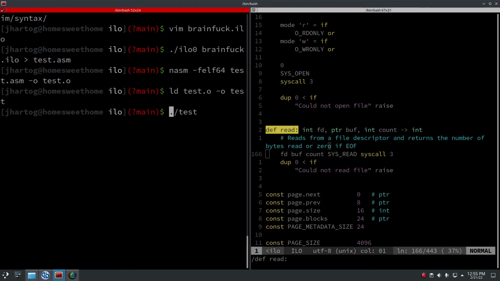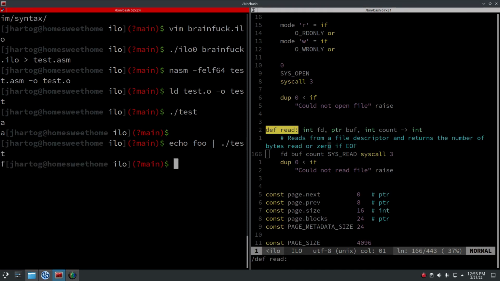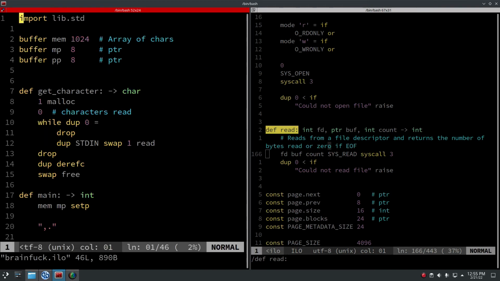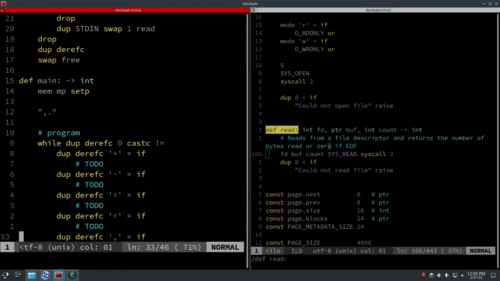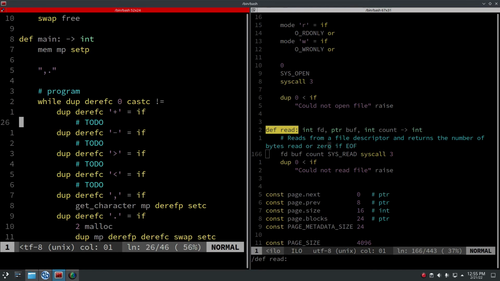Okay, test, and we'll need input. So if I input A, it returns A. Other way to do that is echo foo into test. Awesome, so our program works. Okay, that's cool. Okay, well, these should be easy to implement. So let's start with